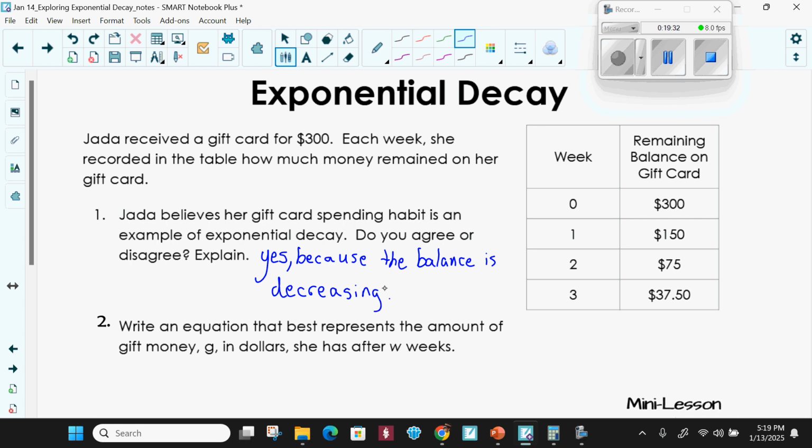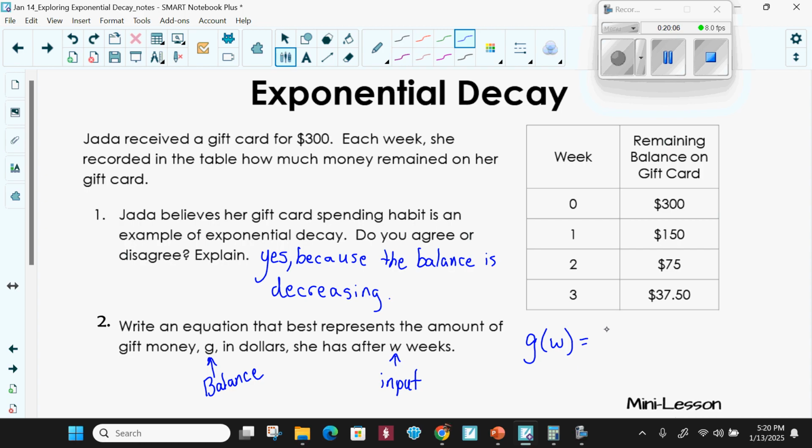Okay, so now we want to write an equation that best represents the amount of gift money, G, in dollars that she has after W weeks. So this is our input number, the number of weeks. In other words, where we would put X, we're going to put a W. And G represents the outcome or the balance, which is normally what our y would show. So we're looking at an equation, G of W